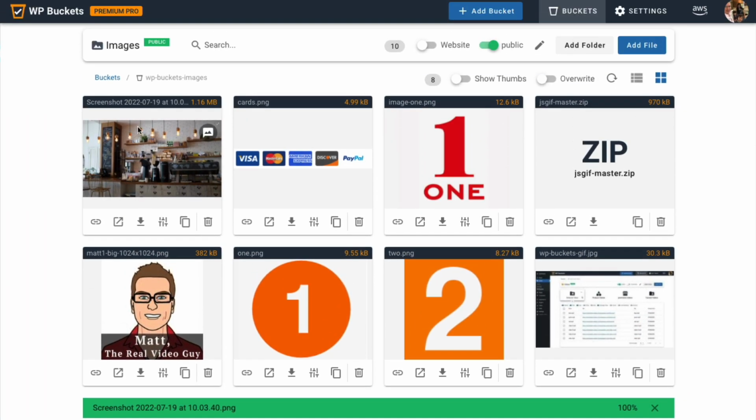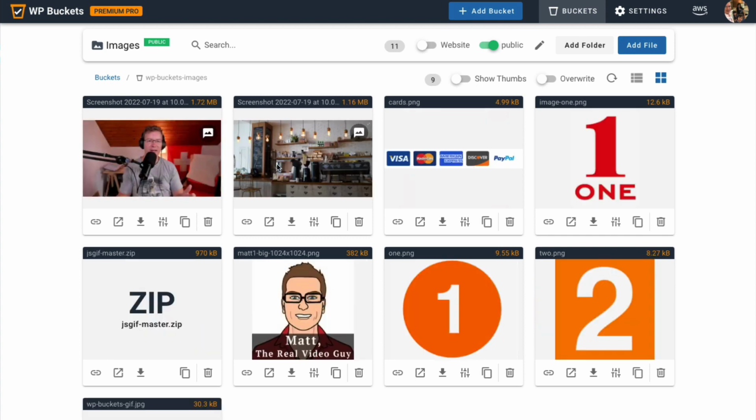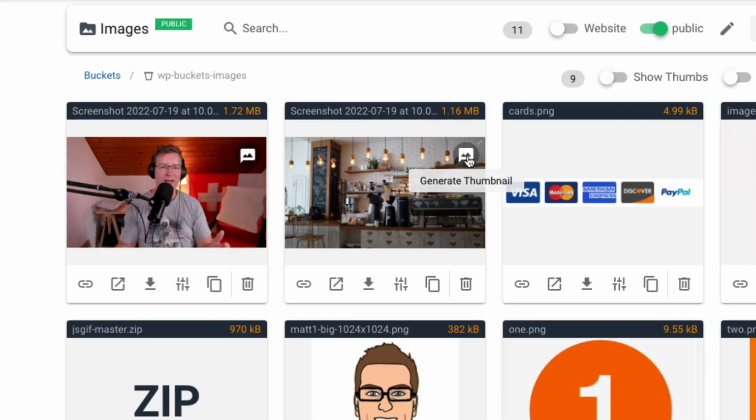Now here, we got a new feature inside of version 1.0.5, and that's the thumbnail generator. So you can see here's the two images we just created. We've got the coffee shop here, and then we've got my screenshot from the video here. If I refresh the page,